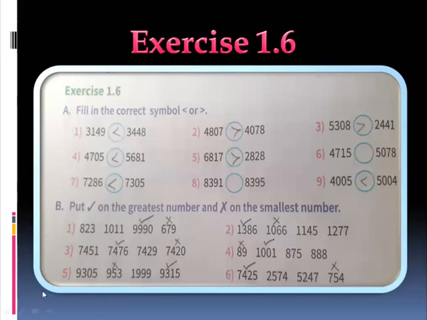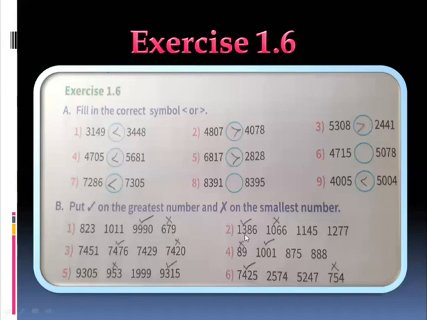Okay, now see, in these 4-digit numbers, in the 1000 place 9 is there, and here in the 1000 place 1 is there. So this is the biggest number. 9 is greater than 1, so this is the greatest number. And then see here 3 digits and here also 3 digits. But in the 100 place here 8 is there, and here in the 100 place 6 is there. So compared to this number, this is the smallest number. This is also easy only. You have to put a right mark on the greatest number and a wrong mark on the smallest number.